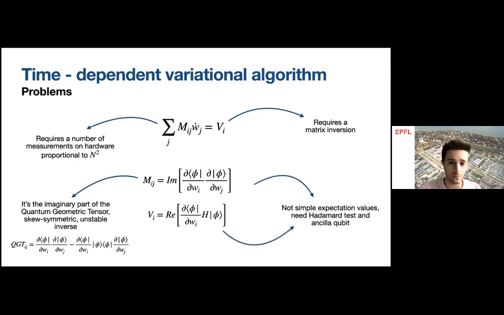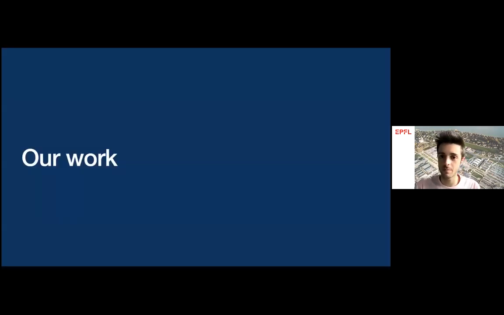And last but not least, these are not simple expectation values. We know that on a quantum computer we are very good at measuring expectation values, but here we do not have an overlap between two different states. So we have to slightly modify our quantum circuit, and we have to add ancillary qubits and controlled operations. So we basically have to do a Hadamard test. So we knew all these problems, and we worked on them to propose a better way to study the